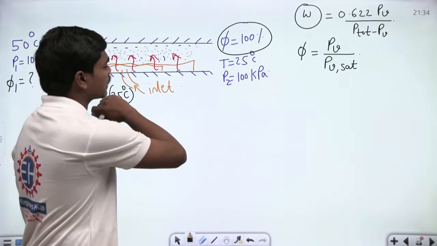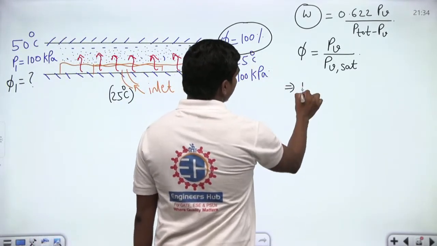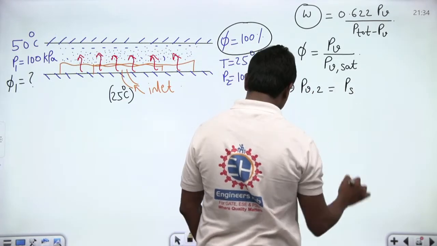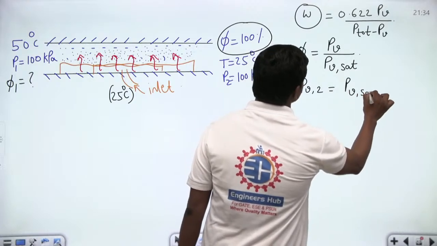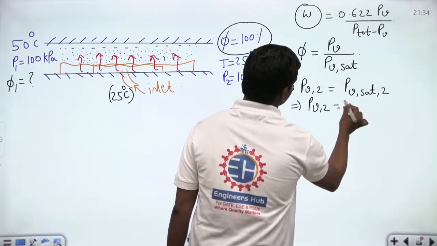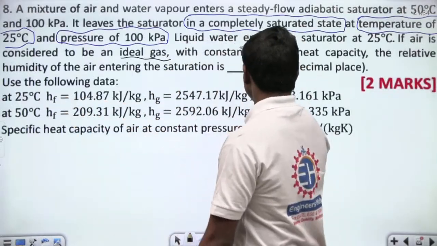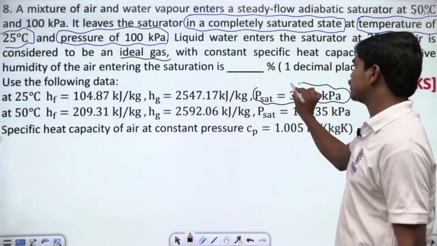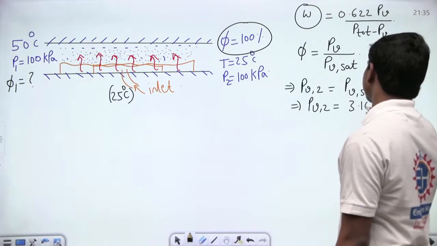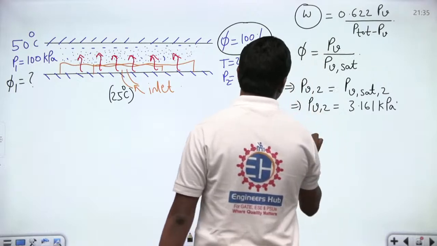Next, let us quickly go to this question. If phi is equal to 100%, which means at state 2, PV at state 2 is the same as P saturated, PV saturated at state 2, and this is given to us. How much is this PV2? It is clearly given that at 25 degrees Celsius, the saturation pressure is 3.161 kilopascals. So from this we can calculate omega. So omega 2 is equal to,